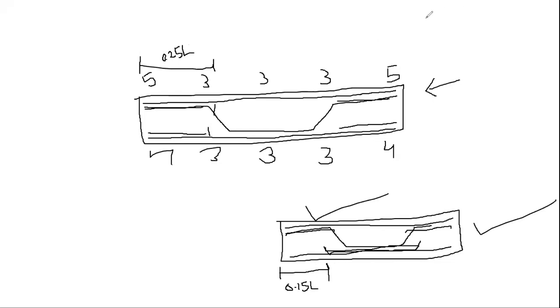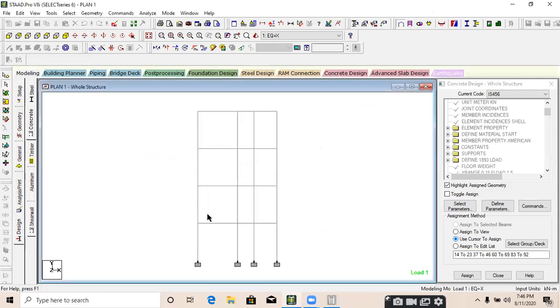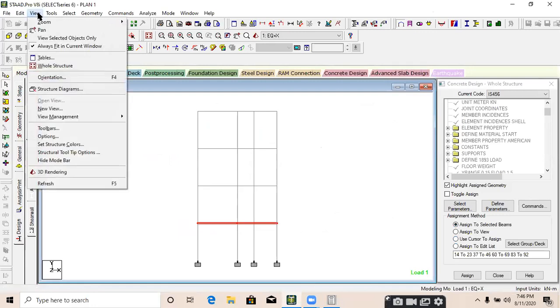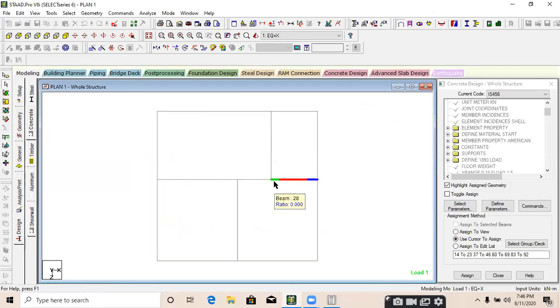So can you see the data for all the beams? How can you find out the beam numbers? Just select any one floor from the front view, go to view, selected object only at the top view, and press Shift plus B, and you will get all the beam numbers 24, 25, and all other beams 26, 7, 8, 9, 10 and so on.